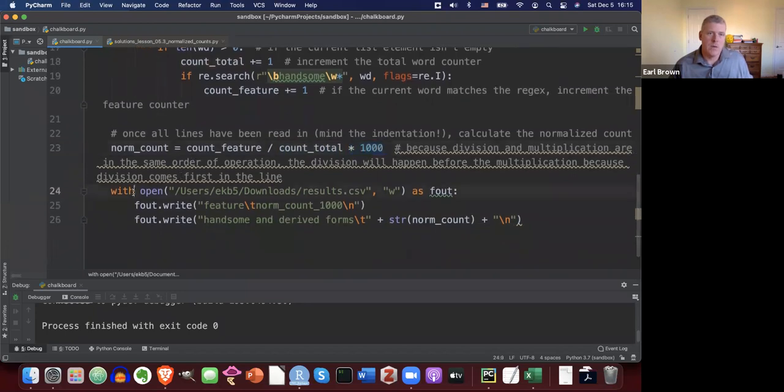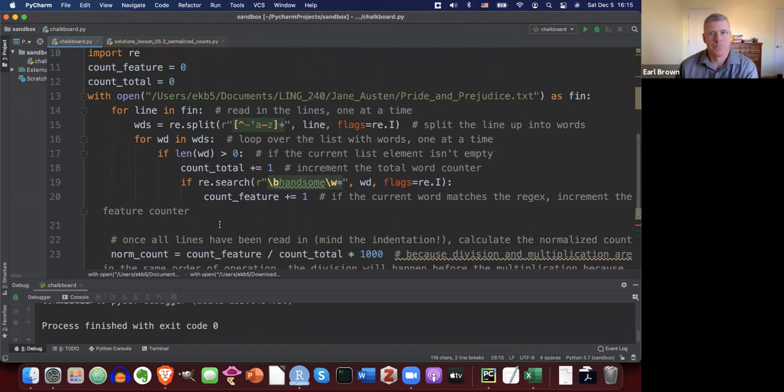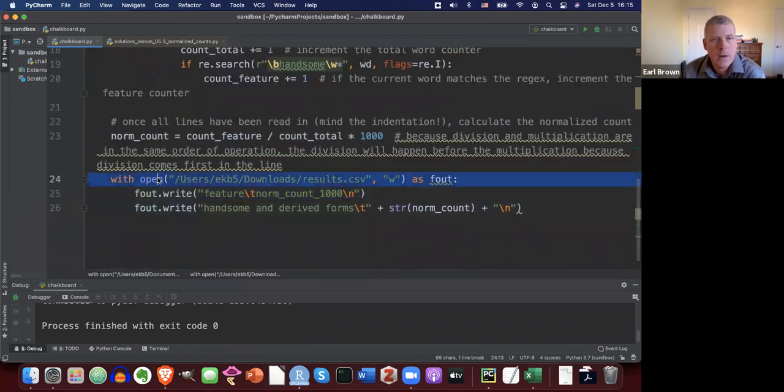And then down here on 24 through 26, we actually write out to a CSV file. Here we do open. With open, we're going to create a file called results.csv. We need to say W here, mode equals W. We could actually specify that this is the mode, but we don't have to because that's the second argument in the call to open. As a variable name, and then here's the variable name again,